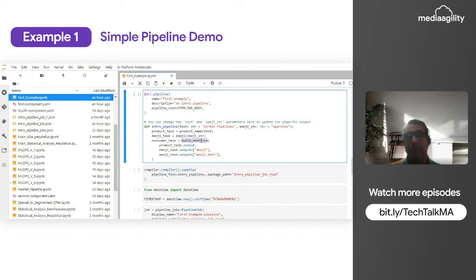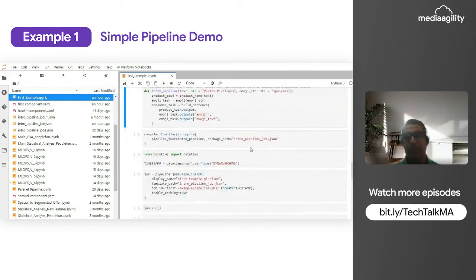In the build sentence, we are going to pass the outputs of the product name component and the emoji component. As we can see, the output from both these components has been passed as an input to this build sentence component, which in turn will provide the output to us as we have seen here.